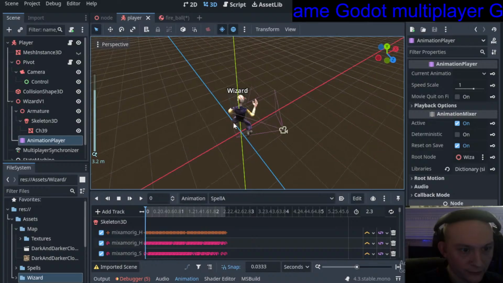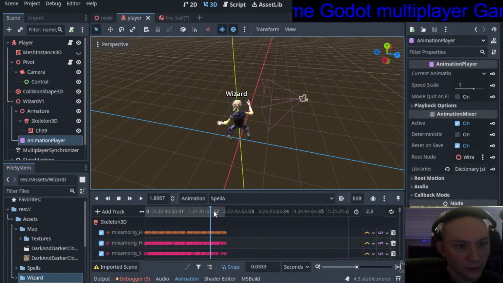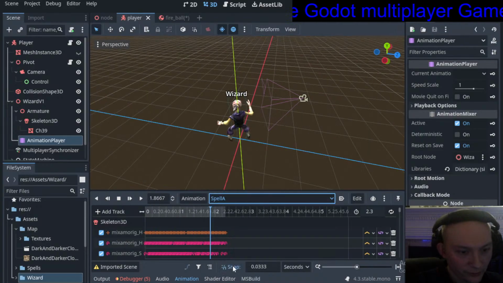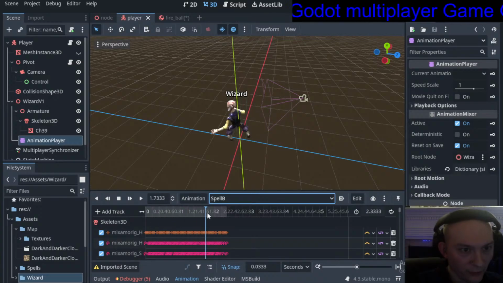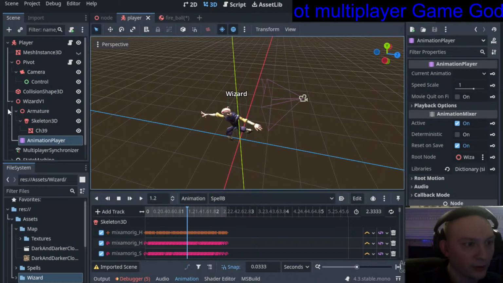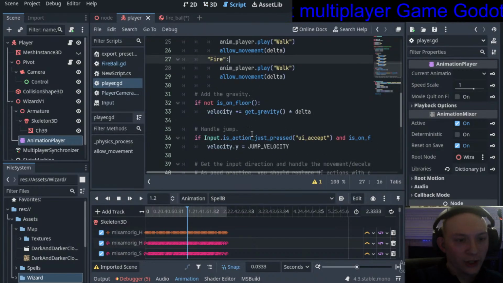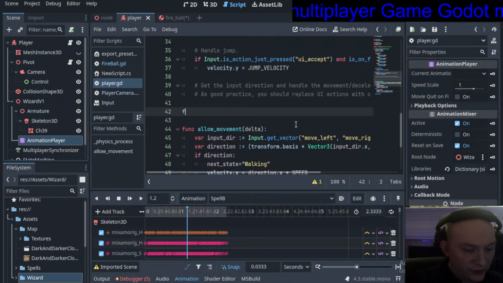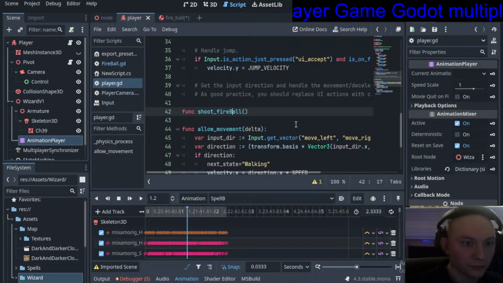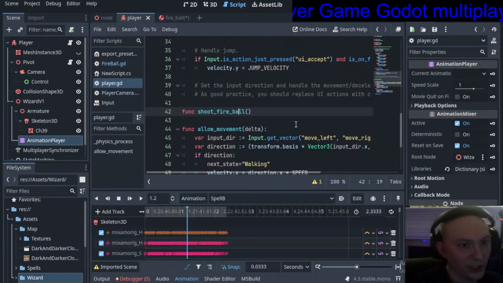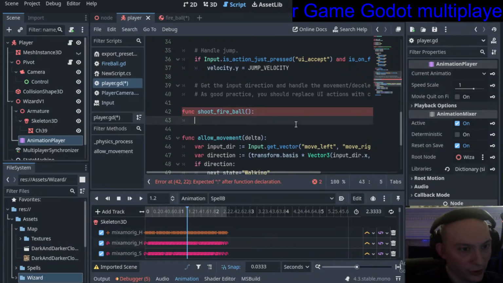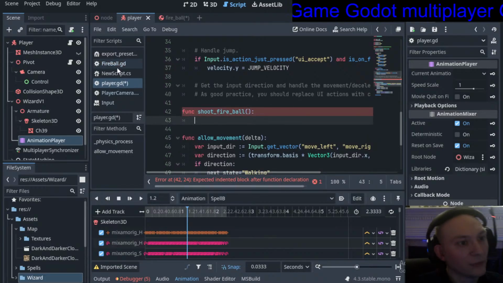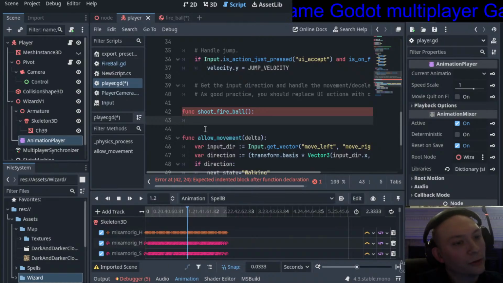Spell A. Not that one. That's going to be our healing. Spell B. Bam, right there. So he'll spawn it right about here. So I think what we'll do is say func shoot fire ball. And instead of combining camel case and Python script, let's do that. So